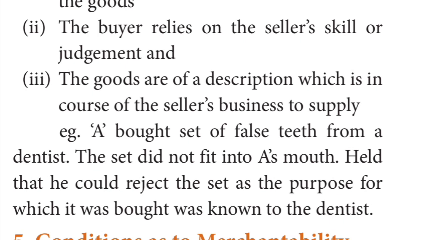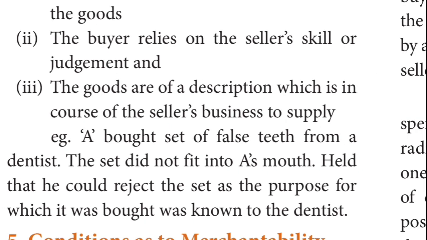Certain products won't be available in the shop. So you will explain it to them, where both of you have not seen the product, or you don't have a picture to describe it or to show it. So you just describe the product, and on the basis of the description which you give, the seller judges the product, buys it and comes. Again, if it doesn't fit the condition, you are going to cancel the contract.